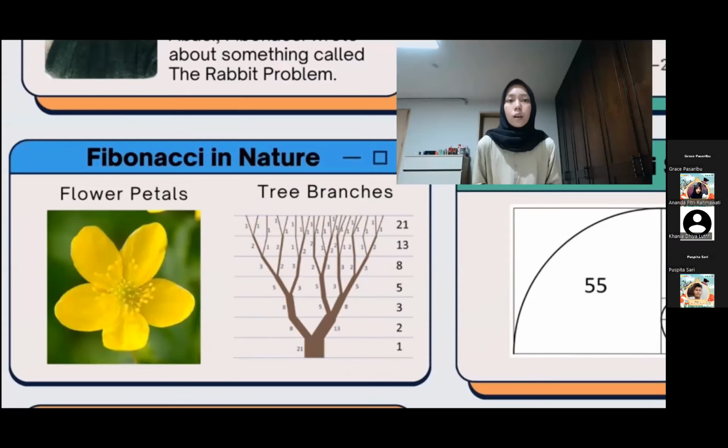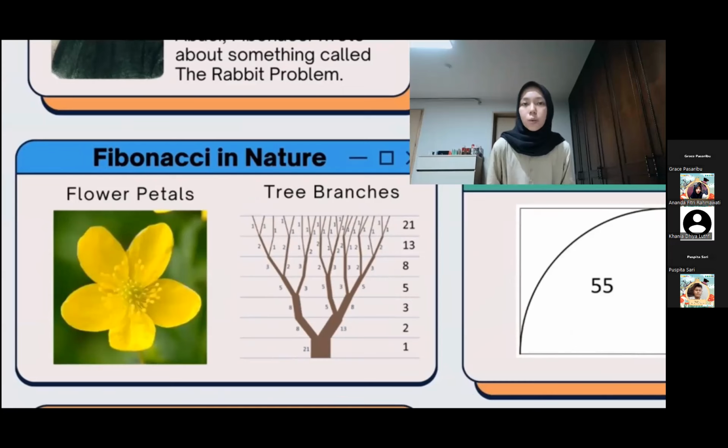Now, let's move on to the example of the Fibonacci sequence around us. The Fibonacci sequence is found all throughout nature. It is a naturally occurring pattern. Just take a look at the pattern it creates, and we can instantly recognize how this sequence works in nature like an underlying universal grid. Here are some examples of Fibonacci in nature. First, we can find it in the flower petals. The number of petals in a flower consistently follows the Fibonacci sequence. For example, in this poster, buttercups have 5 petals.